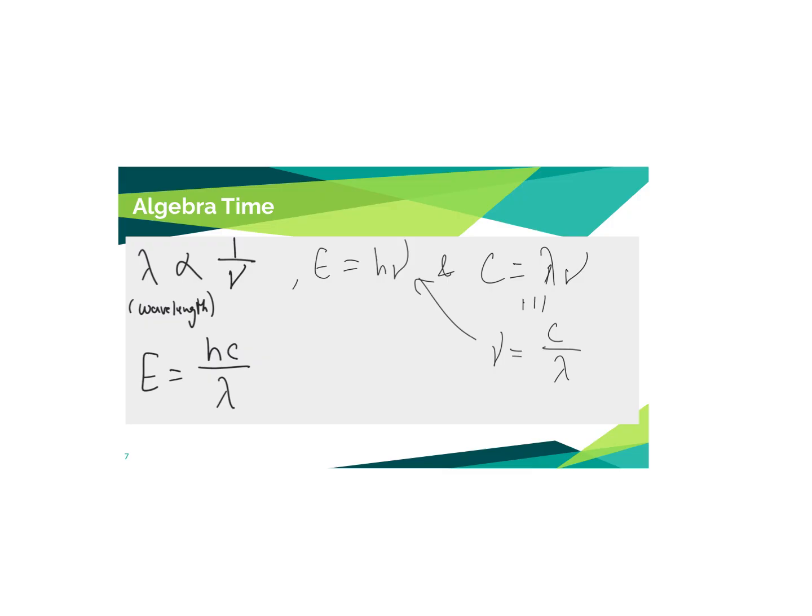So E equals photon energy. Remember, photon is just another word for a particle of light. Lambda is equal to the wavelength. And I should say this is in joules. Wavelength is typically in nanometers. C is the speed of light